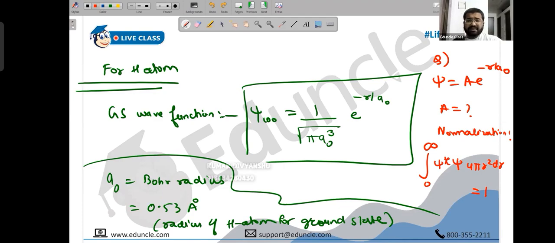We are calculating psi star psi, which is equal to 1. This is the probability of finding the particle, basically, when we write the integral of psi star psi. Actually, this is not the concept of a Bohr orbit. This is the concept of the probability of finding the particle from 0 to infinity. This is probability, right? This is not radius. When you say normalization condition, you say that the total probability of finding the particle is 1 in all space.